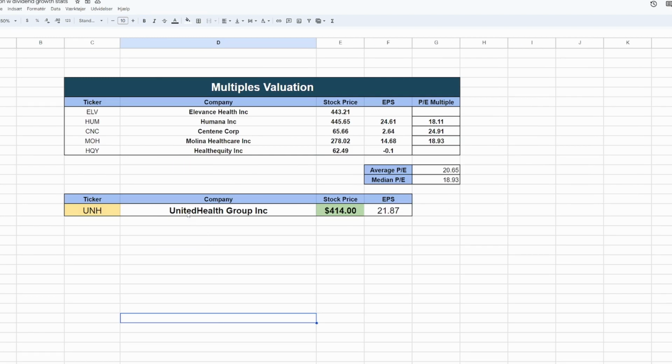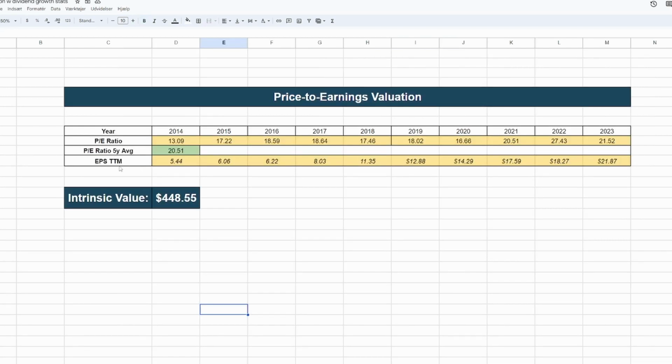The next one is the multiples valuation model, where we take some companies that are considered peers to UNH. We take their earnings per share and combine it with their PE multiples to arrive at a median PE multiple. We then take the EPS of UnitedHealth and calculate based on the median a stock price of $414. Next up is the price to earnings valuation, where we take the price to earnings ratio average from the different years. We then average those together, at least the 5 years before. We take the last 12 trailing months EPS and then calculate intrinsic value based on that,